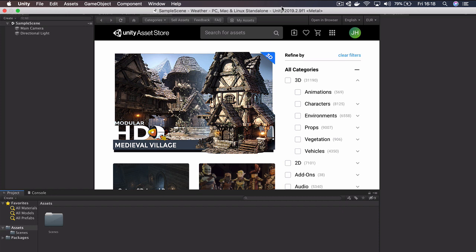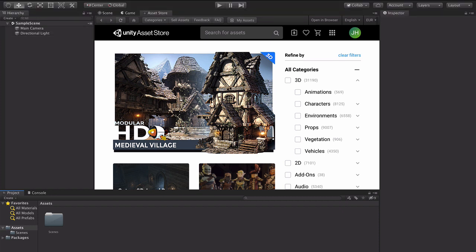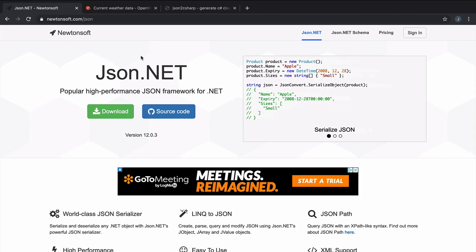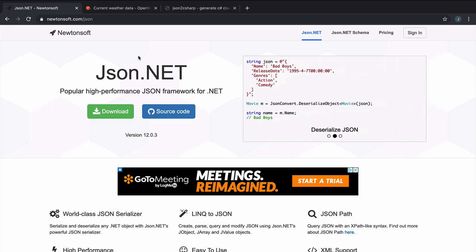But I've tried them out, and in my view they're not quite as useful as something called Newtonsoft Json.NET. Certainly if you're a C# developer, it's pretty much the standard library that you use to manage